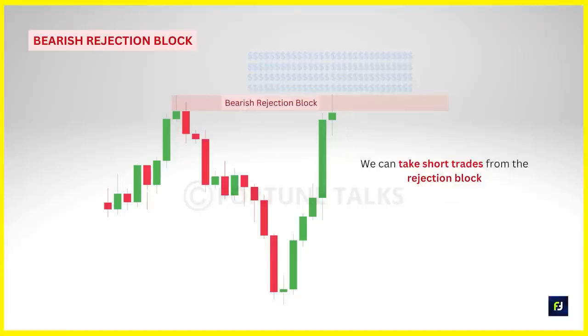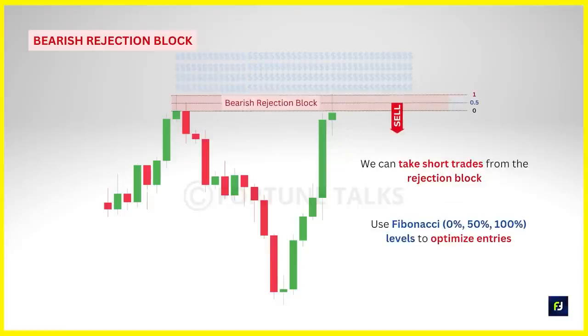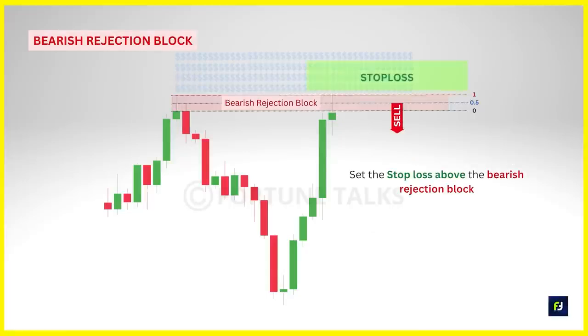When price comes back to test the rejection block, we can look to take short trade entries. We can make use of the 0%, 50% and 100% Fibonacci retracement levels to place our sell limit orders. We can set our stop loss above the bearish